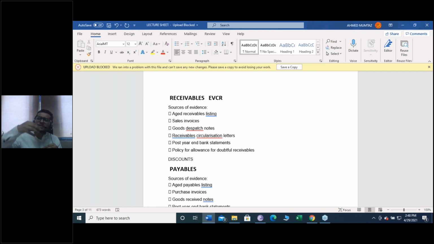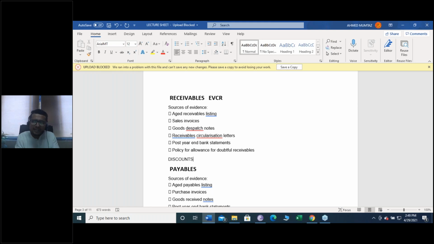See, I will not select a sample from the receivable balance at the year end. No. I will not select the sample because those are already recorded. I will select a sample of goods dispatch notes. Follow through. Trace the corresponding sales invoice. Okay. If the goods dispatch notes are there, their invoices should be there. And if the sales invoices are there, the corresponding receivable should also be there.